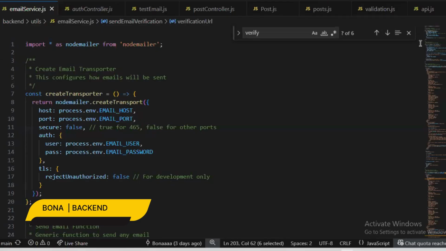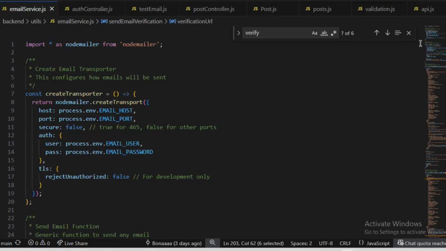Puna from backend here, and now I will cover phase 4 and phase 5 of Nebula backend development, where in phase 4 we are creating email service integration, while phase 5 will be focusing on post-management CRUD operations. Both of these phases transform the Nebula app from a basic authentication system into a fully functional content platform.